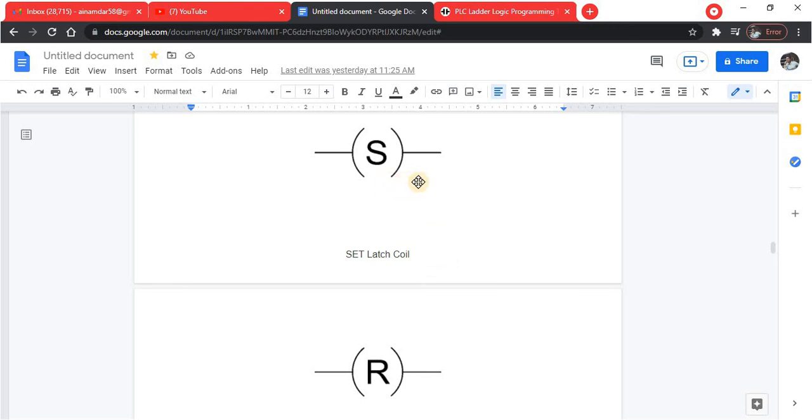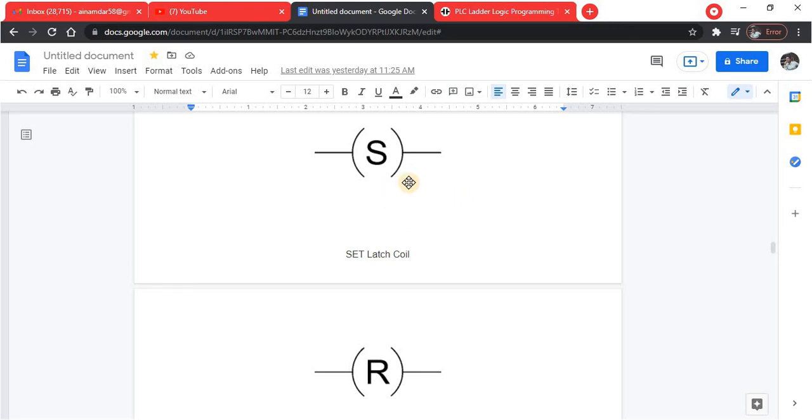The controlling of the particular bit is done by using these coils. So when you give a pulse to the set coil, the bit will be set. In contrast to a normal coil, the set coil will keep the bit set even though the condition before the coil changes.